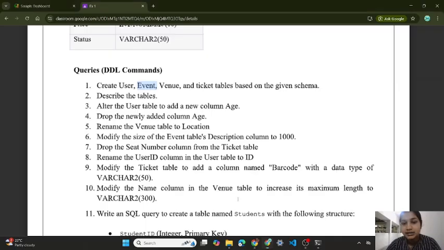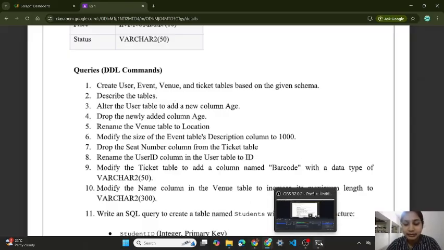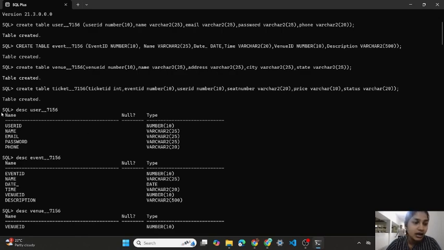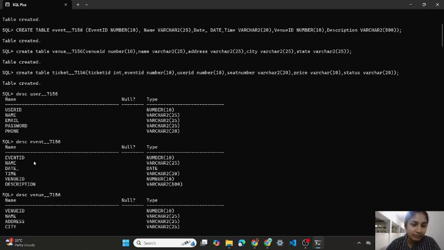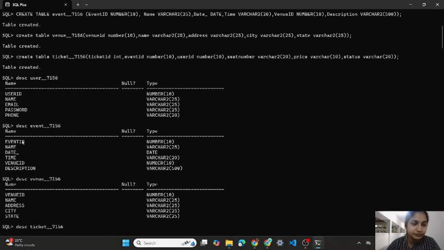So yes, the second question is to describe the tables which we have created in the first question, that is user, event, venue, and ticket. So these four tables which we have created are to be described. For this, I'm giving the command as describe user 7156. So this user table will be described, and the event table will also be described, giving the same command,